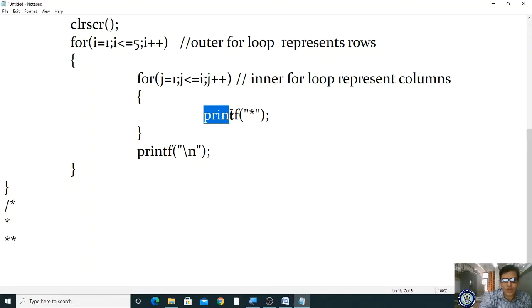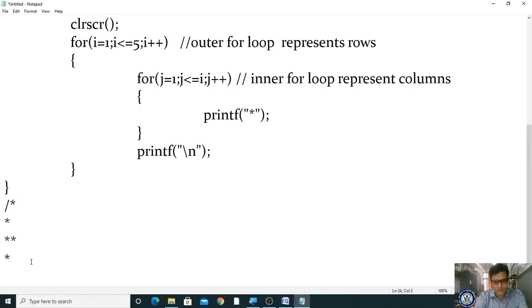So now what am I doing? It is entering into the block and it is printing star, right? So after here the control is already here and it will print star. Afterwards, where will the control go? The j incrementation. What is the new value of j now? 1 plus plus means it becomes 2. 2 less than or equal to 3, condition true. It is entering here and it prints the star.